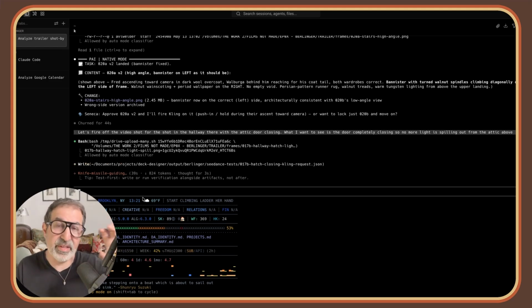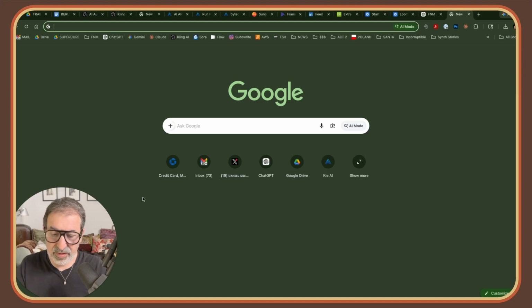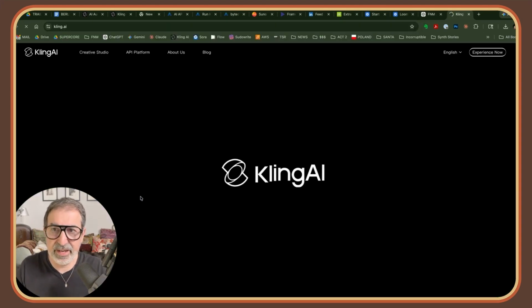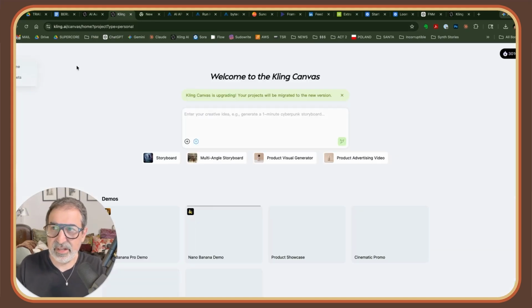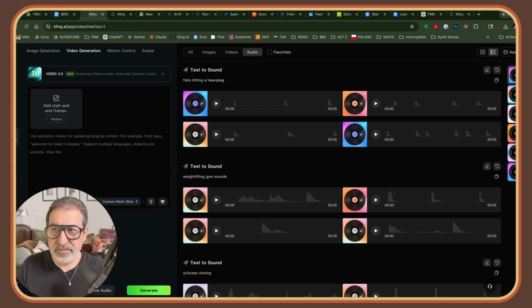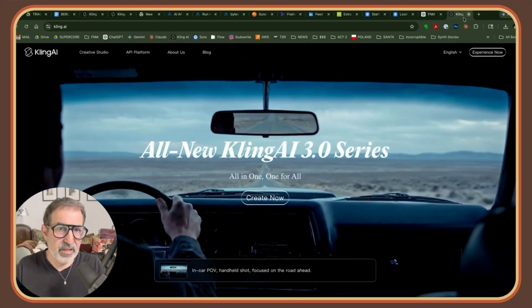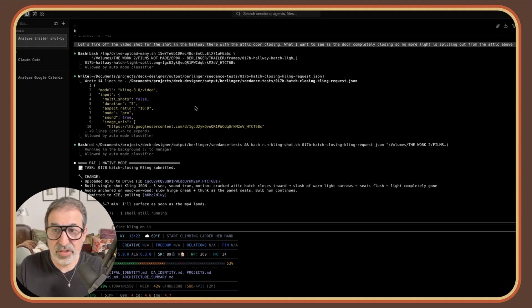I could do it. I could copy what I used to do before, which is to copy the prompt and then go over to Kling.ai, and we could do it right in here, either in the create interface or in their canvas interface, where you can do all those things. But I could totally do that, and it's actually not a bad interface to do tweaks on. But as I said, right now, it's just a lot easier for me to just talk to it, and